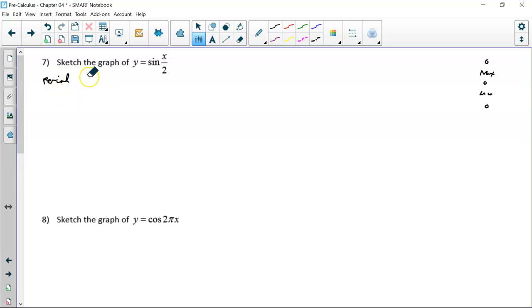The period is going to be 2 pi divided by 1/2. So that's going to be 2 pi times the reciprocal of 1/2, which is 2, so it's going to be 4 pi. This actually will be stretched out a little bit. So now our increment, it's the period, 4 pi divided by 4, which is pi. And our interval,